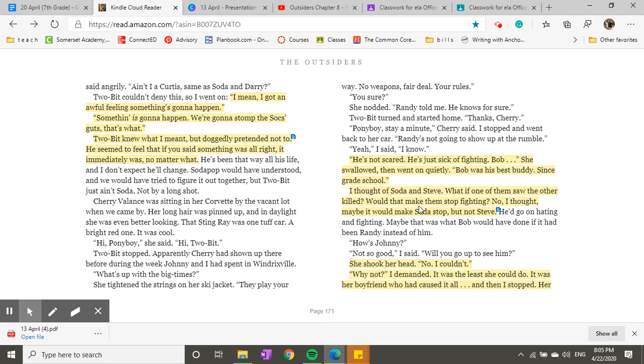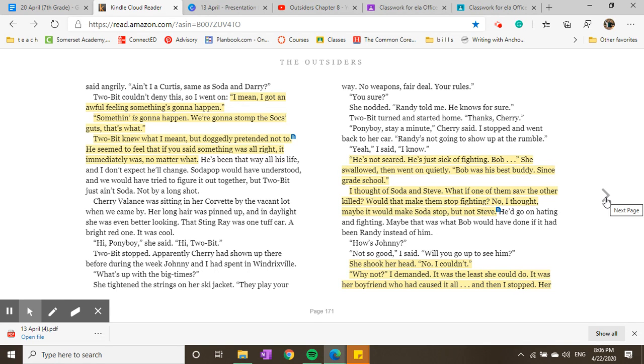So Bob was his buddy. So this is another moment where Ponyboy starts showing a relatability factor, where he's not just thinking, oh no, I know who it is because this is Cherry, and we know who Cherry is. Cherry's Bob's girlfriend, was Bob's girlfriend. And so he's relating to the two best friends that he knows, Soda and Steve, and going, well, what would happen if the same situation happened on our side? Can I relate this to people in my own crew? And he kind of does.